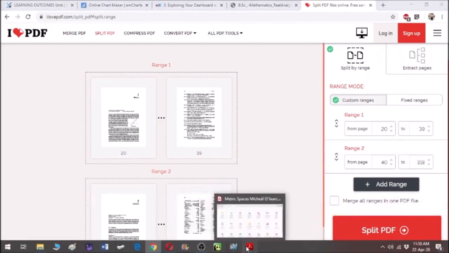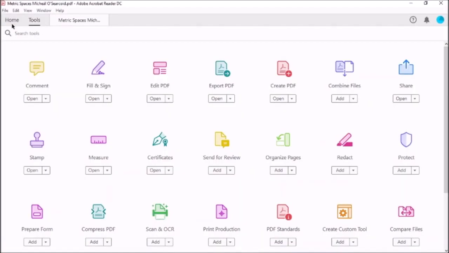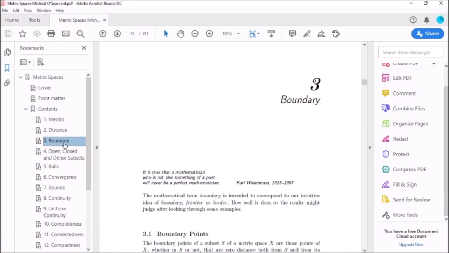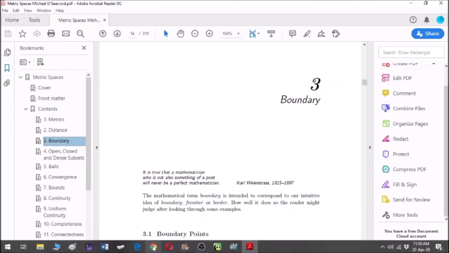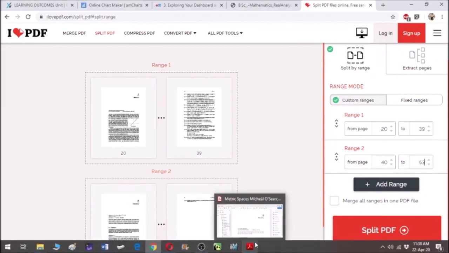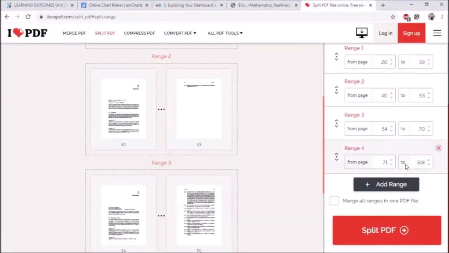Now add the range of second chapter, which is from 42, page number 53, and similarly you can add range of all the other chapters of the book.